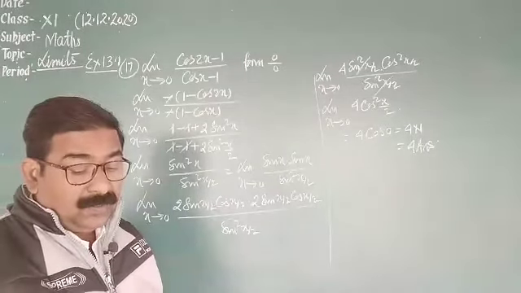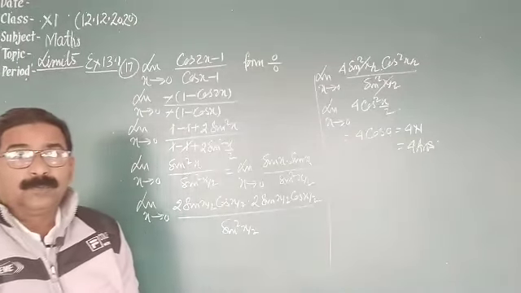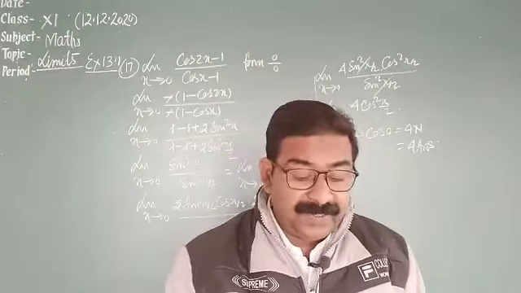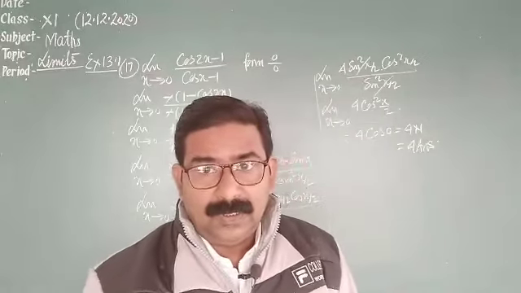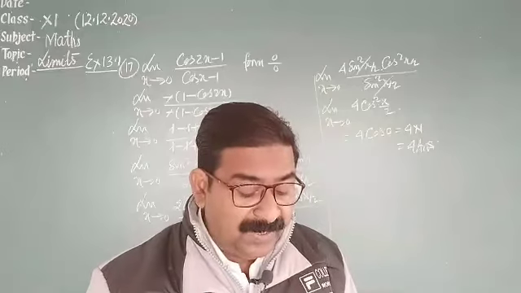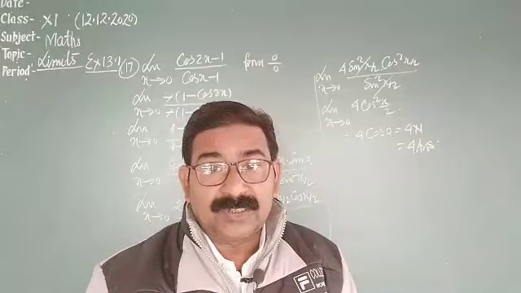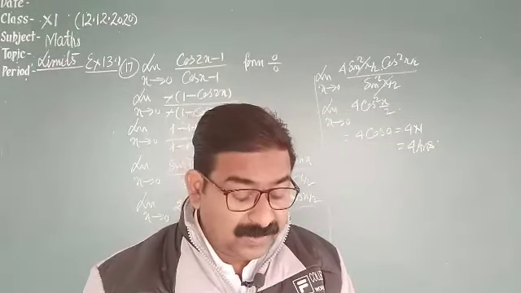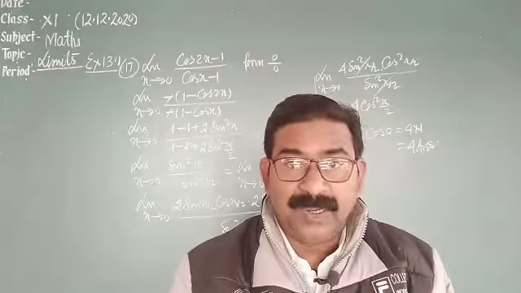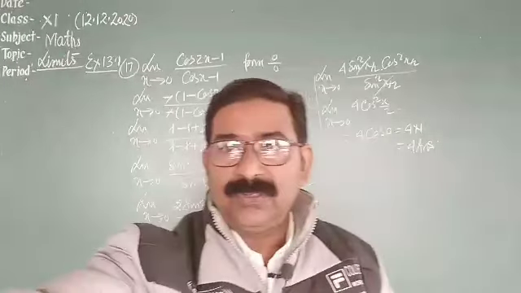So today I have solved up to question number 17. The 18th question you can try. The 19th question is a direct question, means simply you have to put x is equal to 0, and your answer will be 0. In the 18th question you have to write the formula of cos, 1 minus cos x upon 1 plus cos x. So you can write this. You can try. I will start from question number 18 in the next lecture. All right. Till then, thank you very much. God bless you.